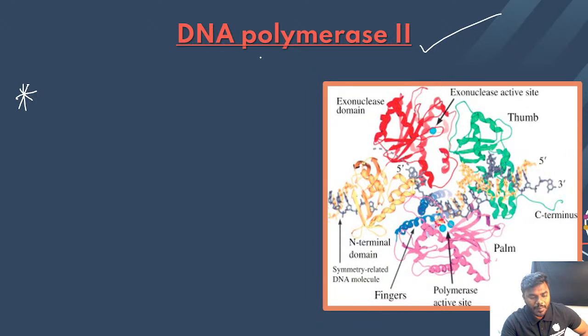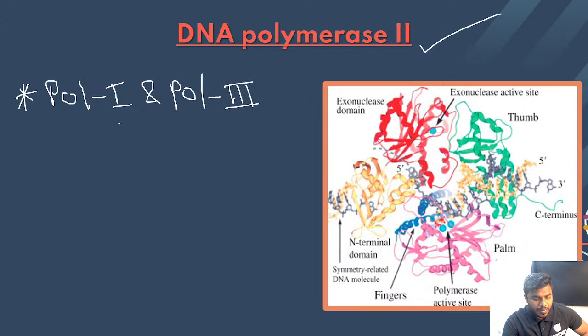So now let's talk about the DNA polymerase 2. Friends, I want all the students to remember about the DNA polymerase 2. It is the enzyme which is actually involved when polymerase 1 and polymerase 3